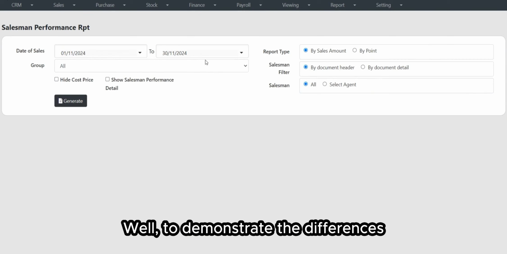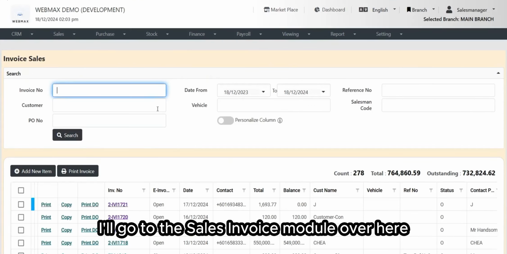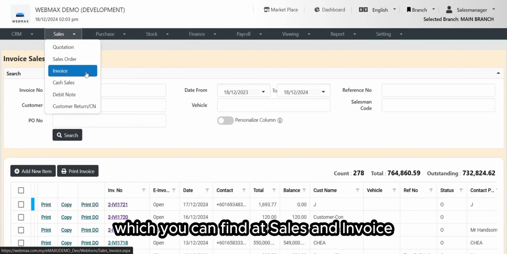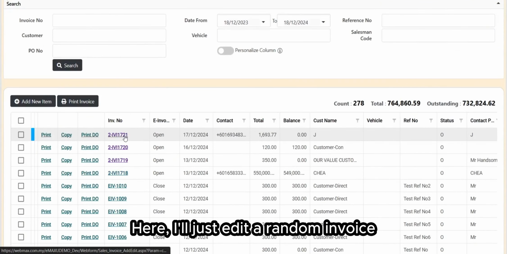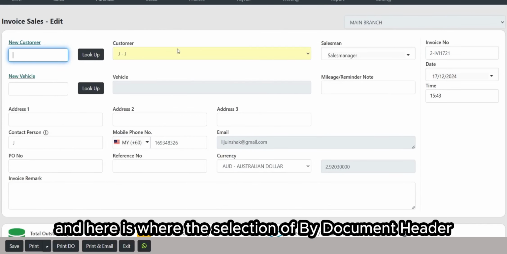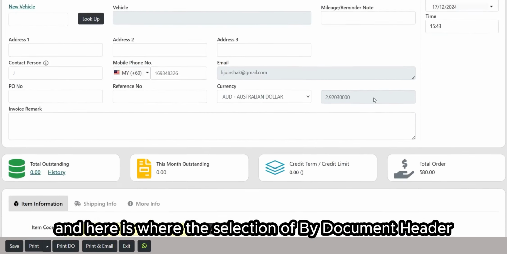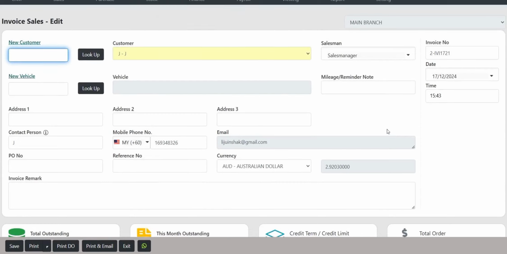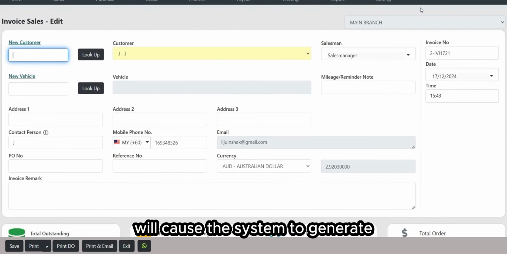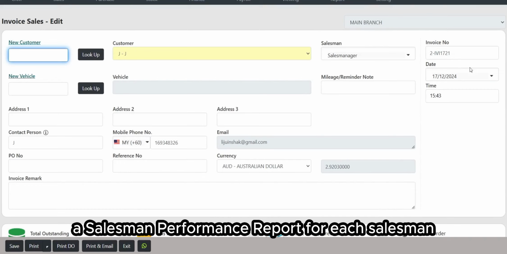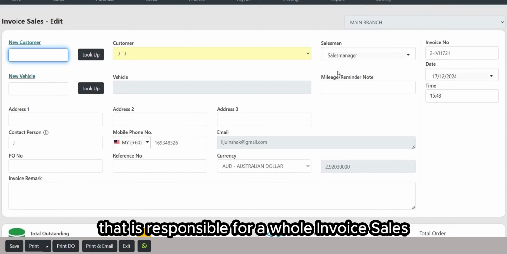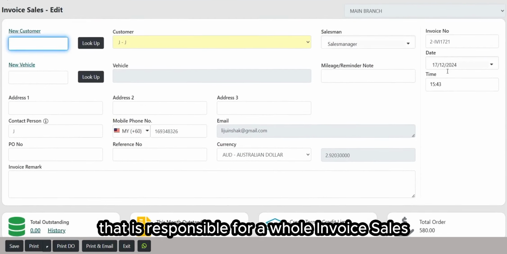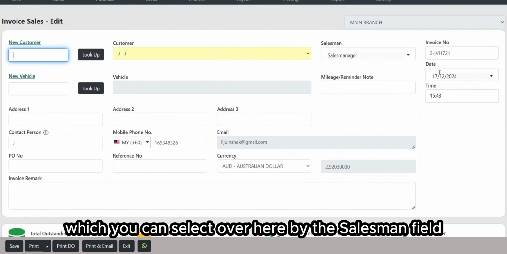Well, to demonstrate the differences, I'll go to the sales invoice module over here, which you can find at sales and invoice. Here I'll just edit a random invoice. And here is where the selection of by document header and by document detail will take place. Selecting the option of by document header will cause the system to generate a salesman performance report for each salesman that is responsible for a whole invoice sales or cash sales entry, which you can select over here by the